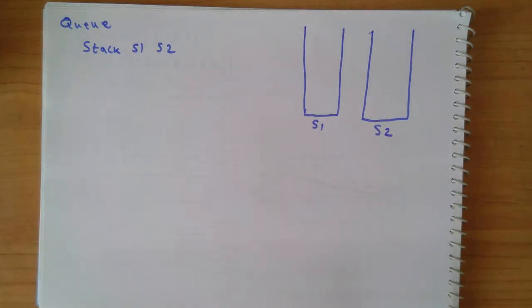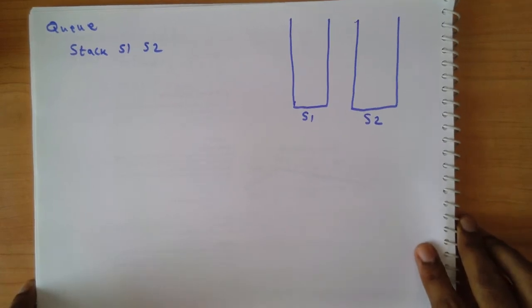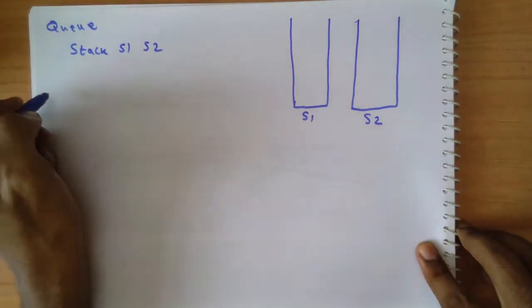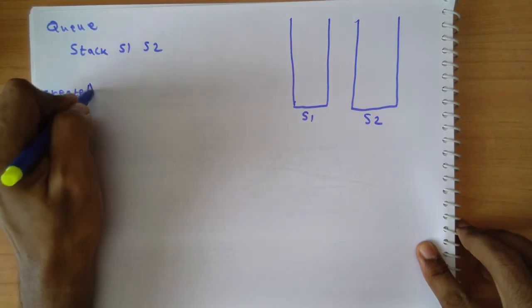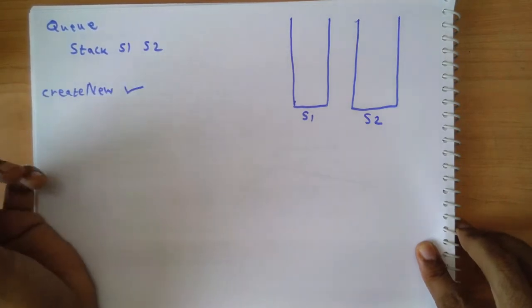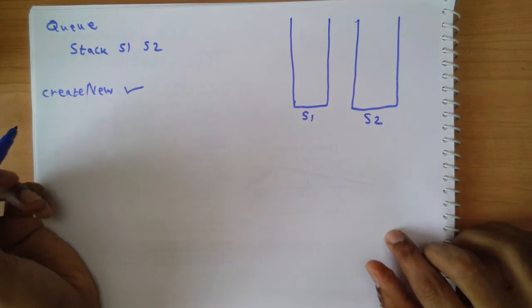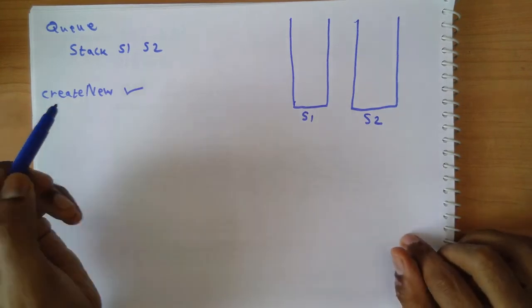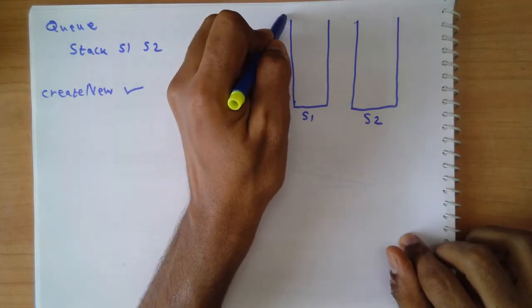Remember, we already had all other operations in constant time, so they cannot be improved significantly. The only operation that we want to improve is the delete operation. Okay, so we'll keep our create new operation as it is from the previous implementation, so I won't write it. Okay, so it will be still like that, and then let's try to see what we will do. Now, whenever I want to add a new element, I will add it onto stack S1.